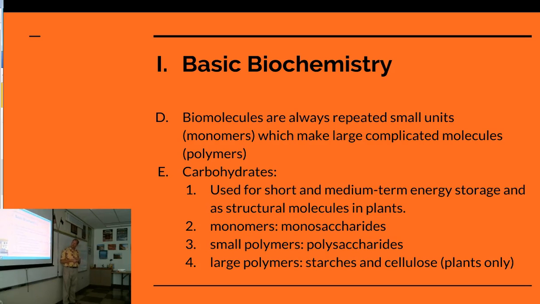Biomolecules are always repeated small units. And we use the word monomer for that. Mer is a root that means unit of something. Okay, a piece of something, a unit of something. So a monomer has only one unit of this. It's a simple molecule, one little molecule. Think of a string of pearls in a necklace. A pearl would be a monomer, and you put a whole bunch of those together, and now you have multiple units, polymers. You've got one molecule that was strung together with a couple hundred of its friends to make a polymer.